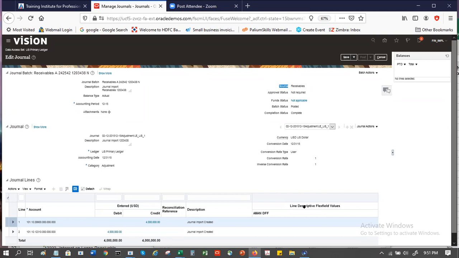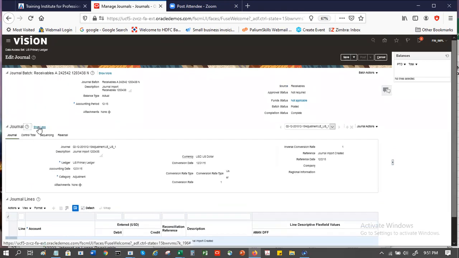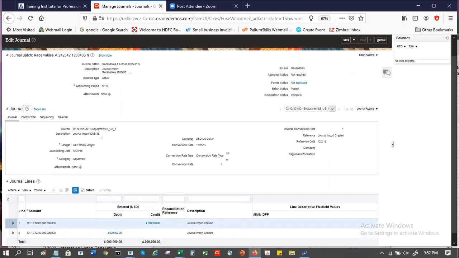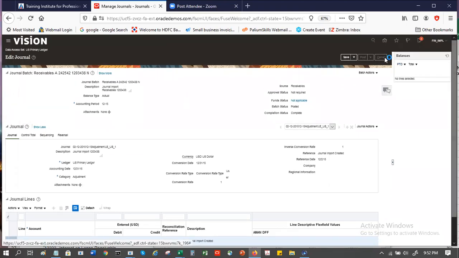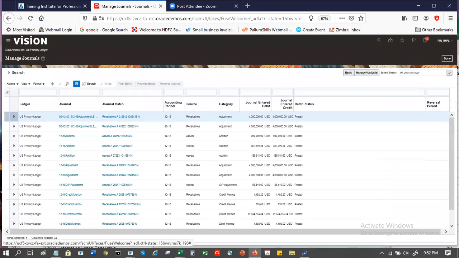I think in EBS we have a setup, I don't remember exactly the form name, where we enable the GL tax on JVs, manual JVs for a ledger. Is it the same here? Sorry, I didn't get what term you were using. Tax. So on the journal line, we can apply the tax. There is a tax option set up in EBS where we map and enable the tax on manual JVs for a particular ledger. How do we do it here in Fusion? Is it the same like the tax I was showing you a few minutes back?